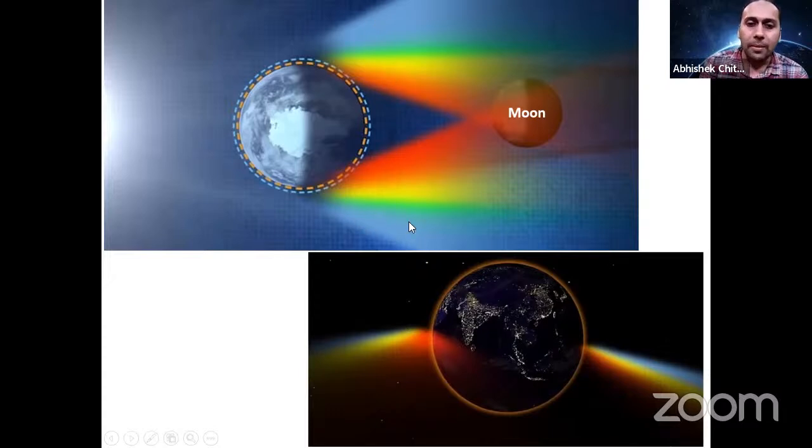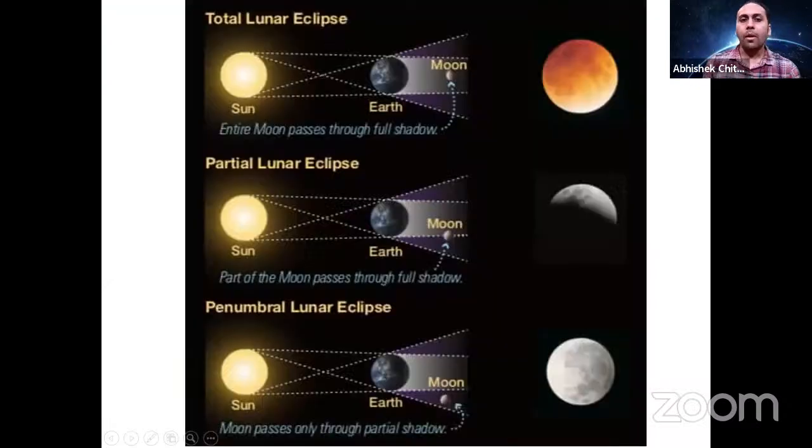Similarly, over here, the maximum scattering, the maximum spreading, is happening with blue or violet light, then lesser for green, even lesser for yellow, then orange, and red is the least. So in the shadow region, you will see most of the red light rather than complete darkness. Here also is the same animation. The sun is behind this moon, and we are looking at the Earth from the moon. So this type of imagination is made over here. You can see blue light is going into space, but red light is coming towards us, and this is